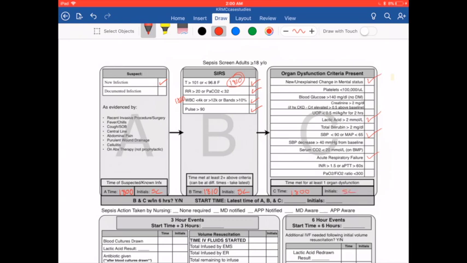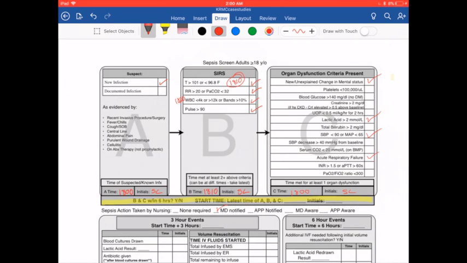All right, so we've got everything copied down from the computer and we've determined the times that all of this stuff happened. So the next step, obviously you already notified the physician, so you're going to fill that out right there too. So the next part is filling out this here. So one thing that is key, and this is more important on the floor than in the ER, is that you want to make sure that when you're filling out these times,